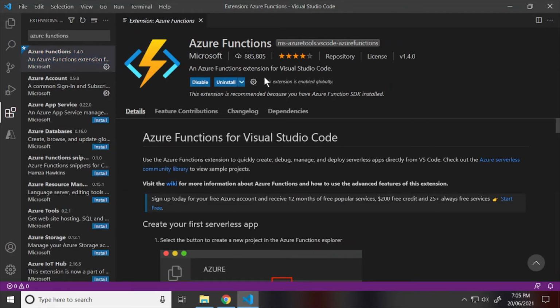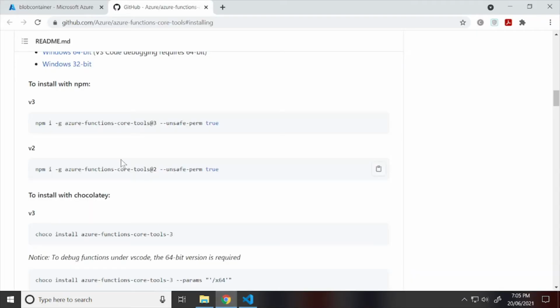Once Azure functions is installed successfully, we also need to install Azure Functions Core Tools. Just go to this GitHub URL, copy this command, go to Visual Studio Code Editor again,